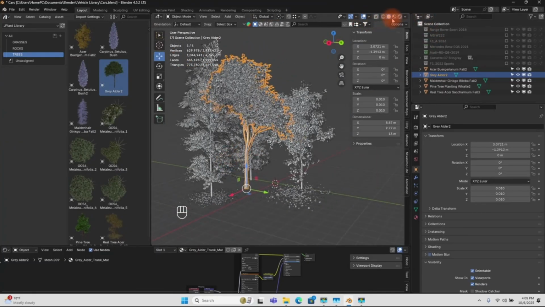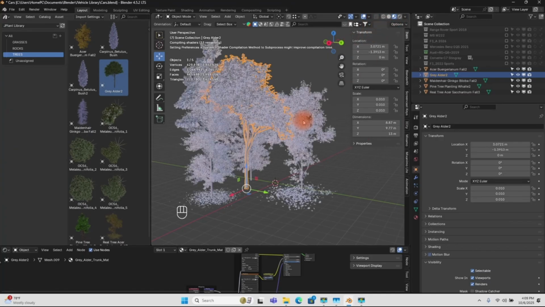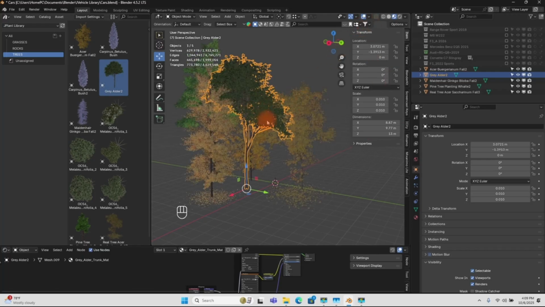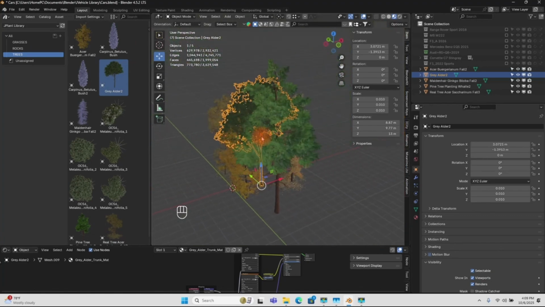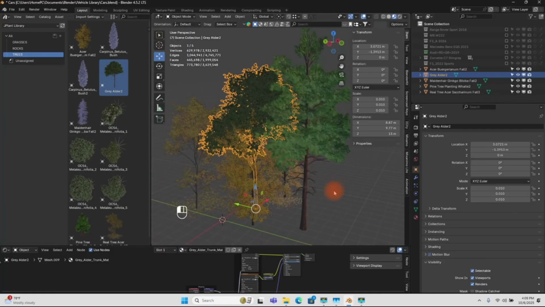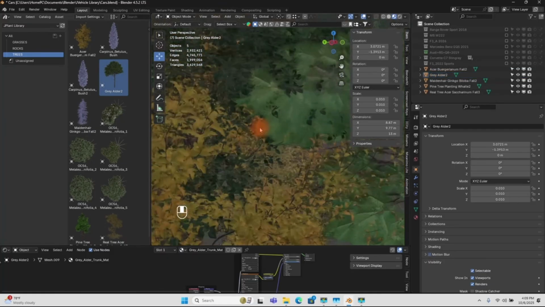So if I come to material view, you're going to see that the material will show. Because I'm just opening this section now, it's taking a bit more time to calculate and bring out the material. You can already see that the materials are loaded in the scene and they are high detail trees that